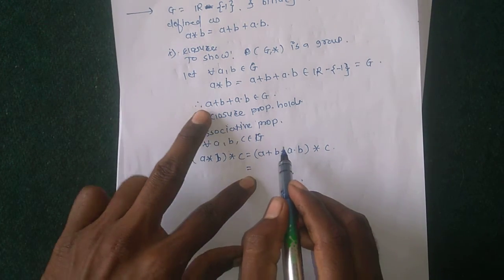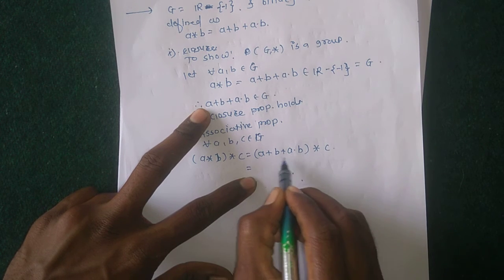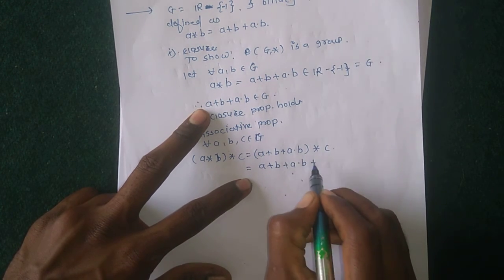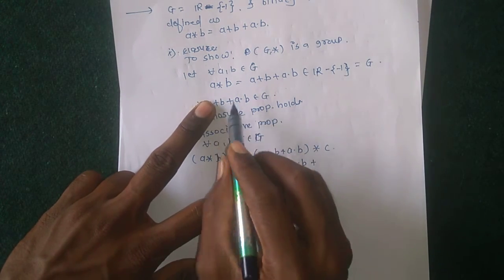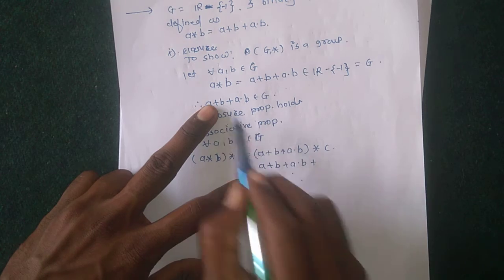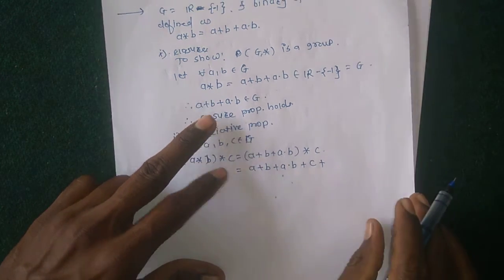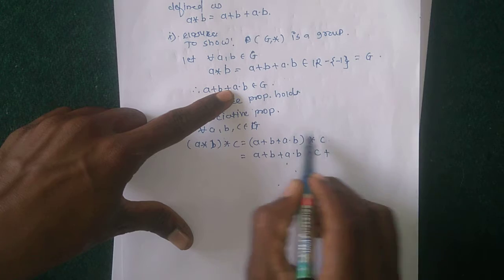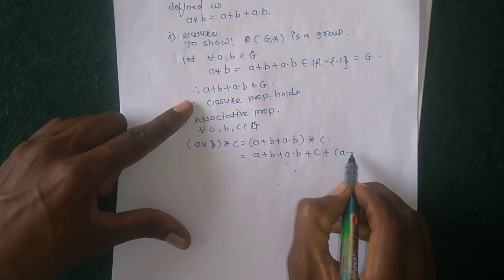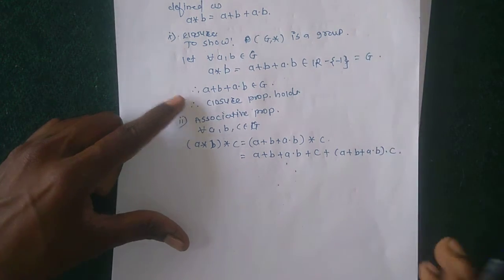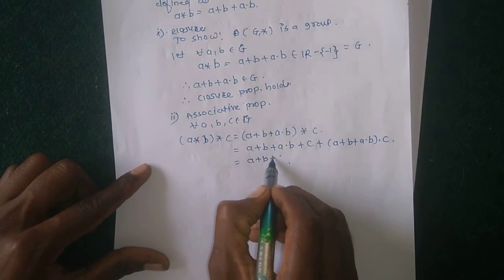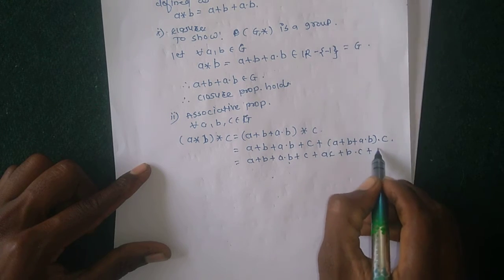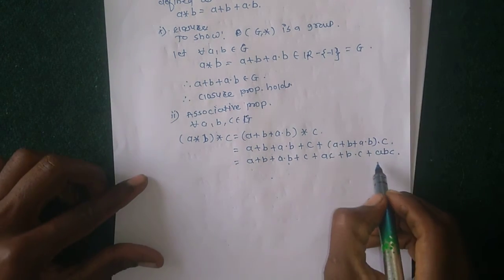First element as it is. Here A as it is. First element is A plus B plus A into B. Plus the second element as it is, meaning A star B equal to first element A, second element B. Here the second element is C, plus lastly the third term is the multiplication of the two elements, meaning the product of these two elements is (A plus B plus A into B) into C. Okay, solving this: A plus B plus A into B plus C plus A into C plus B into C plus ABC. Okay, this is one.